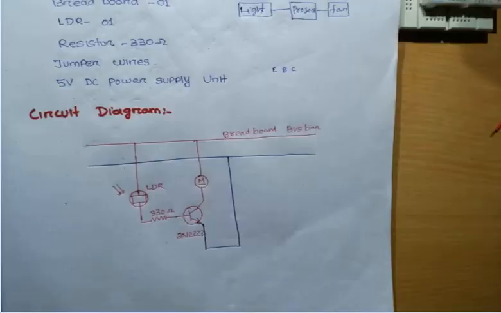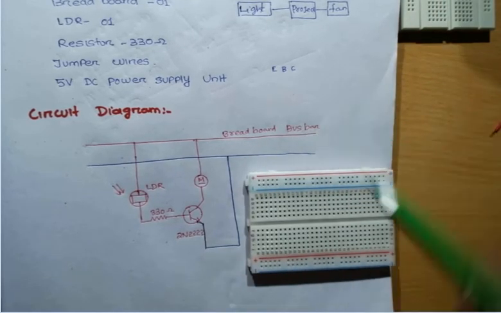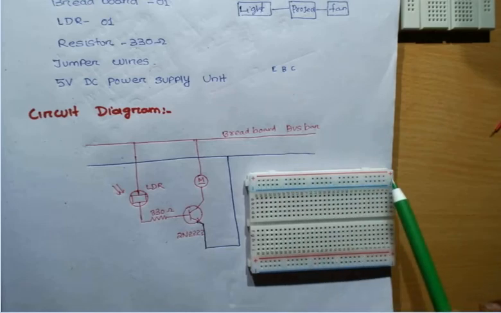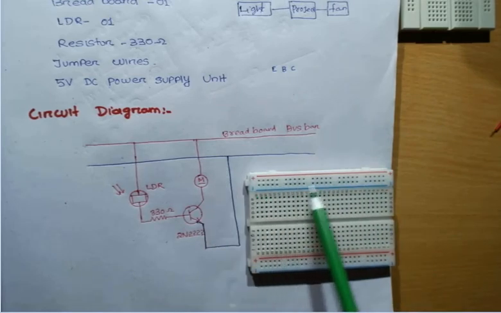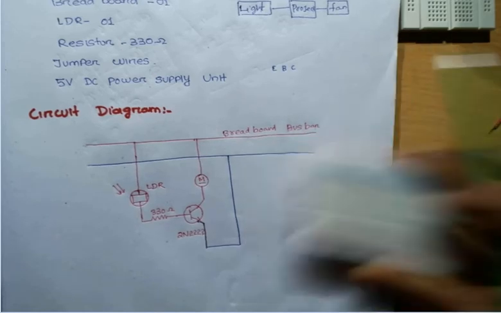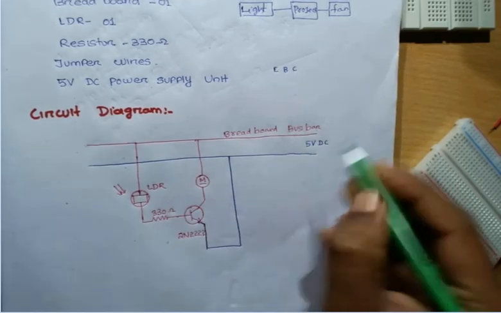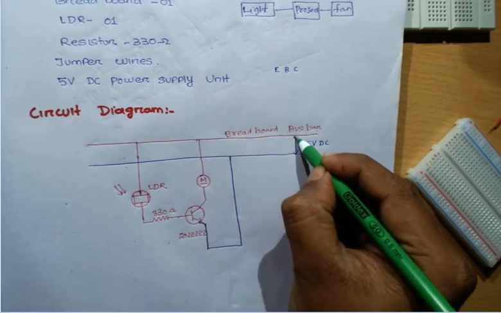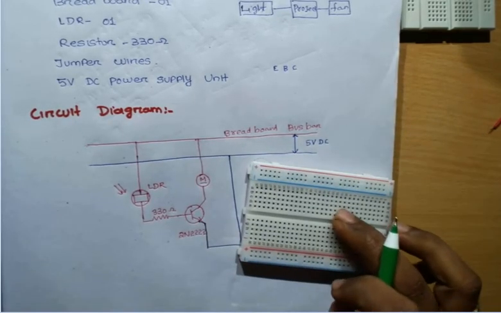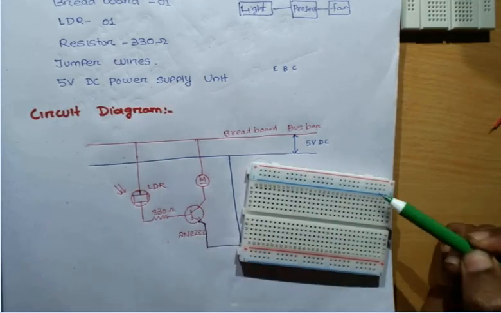Now come back to my circuit diagram. You can see I am using 2 colors of pen, one is red, another is blue. This red indicates the 5 volt DC bus, and this blue indicates this one. It means through this bus bar I am getting 5 volt DC, not AC. Mind it, this is 5 volt DC. And how am I getting the 5 volt DC? I will collect the 5 volt DC from this 5 volt DC power supply unit and give it to the